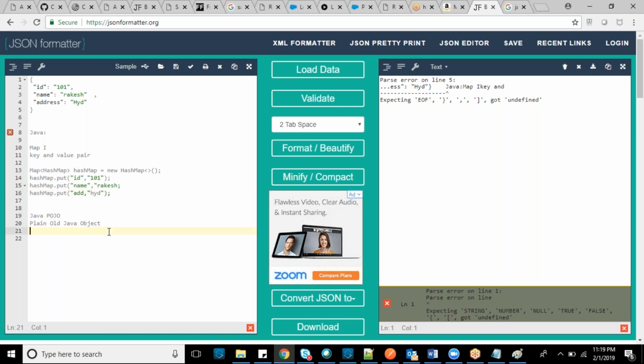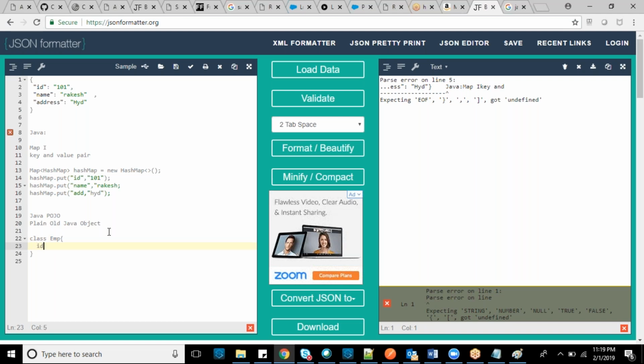Okay. So plain old Java is nothing but you will write a program like Emp. This is Java fundamentals I'm telling, just for your understanding of how backend Java will work. I'm not going deep, just for your information, so you can understand easily. I'm not going to explain in a complex way.